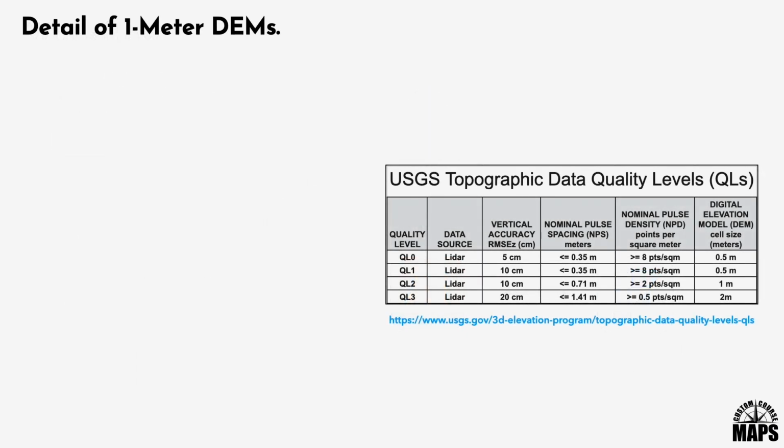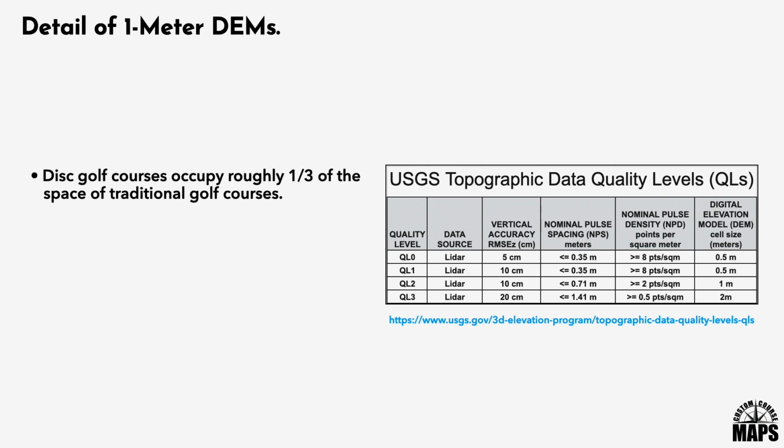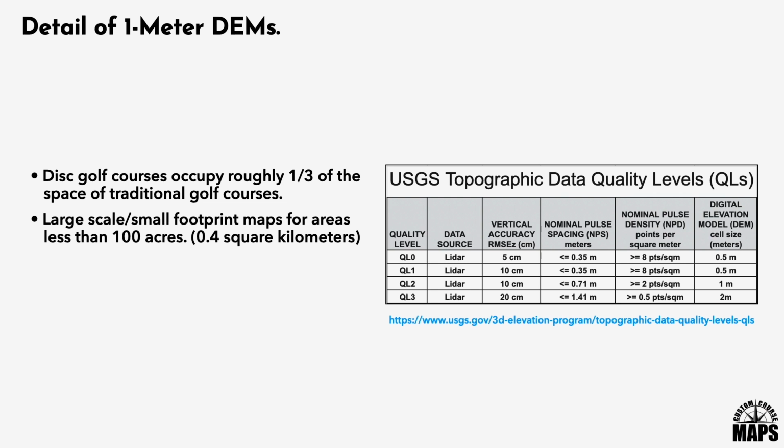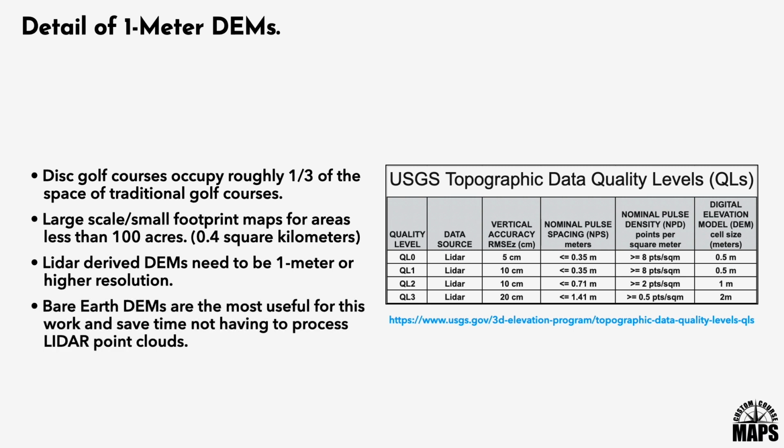We now see that disc golf courses take up about 1/3 of the area of traditional golf. So course maps are large-scale, small footprint maps covering areas of less than 100 acres. Lidar-derived DIMs need to be 1 meter or higher resolution to be useful at this scale. And bare earth DIMs are the most useful for this work and save time by not having to process Lidar